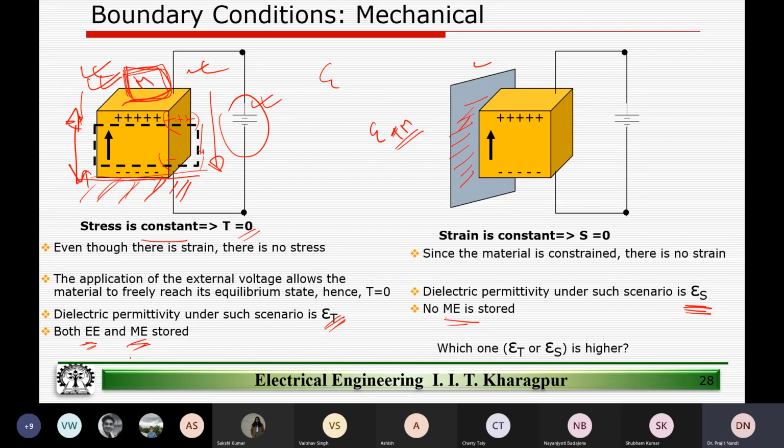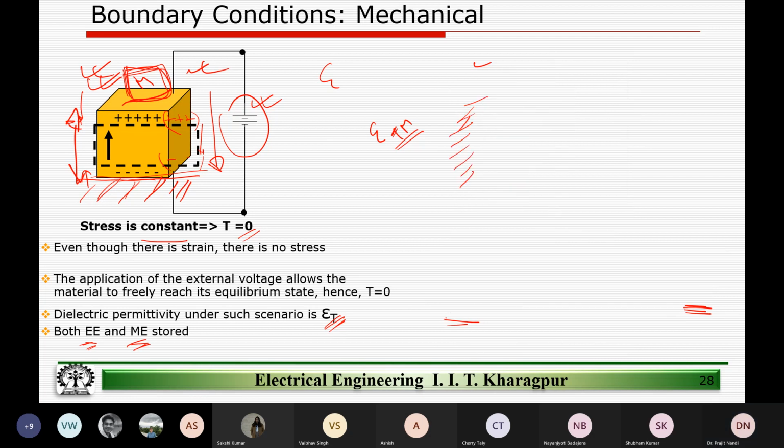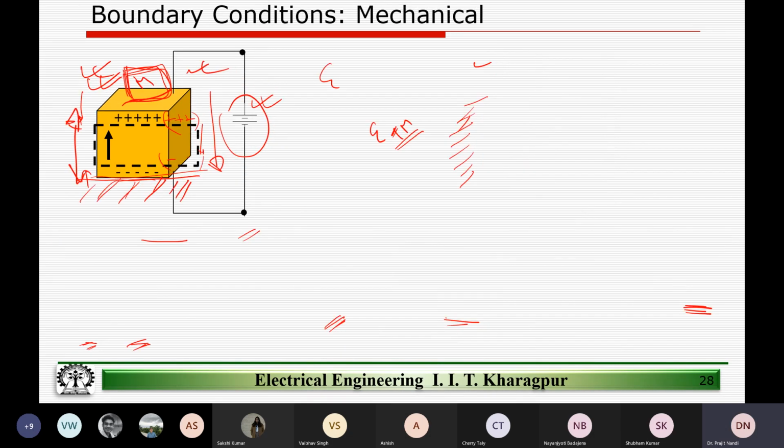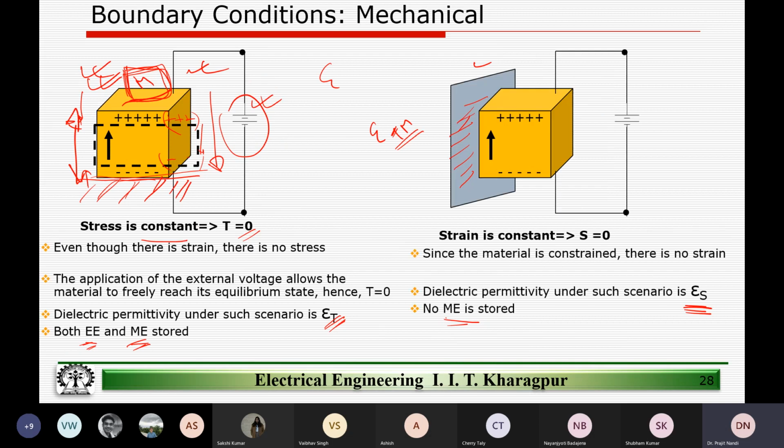So just like we talked about the compliance matrix, we talked about S D as well as S E under different electrical conditions. Similarly, we can talk of permittivity under two different conditions. In one case, the material is free and we can store both electrical as well as mechanical energy, whereas in the second case, it is clamped. So we are not storing any mechanical energy, only electrical energy is getting stored. So